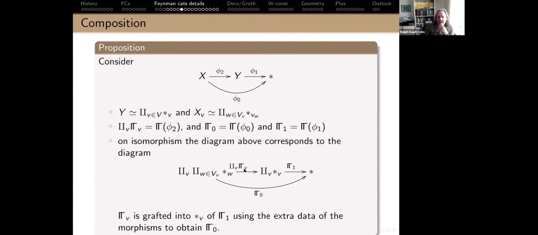And how is this connected graph obtained? I take the connected components. They're indexed by the same set V. So that's the hereditary condition again. And I plug it into the vertex V. So this is exactly this type of Prelie operation, or the type of operation which we've seen in the arc operad. So this is exactly this insertion. And I stress it again, this is not something that you define extra or have to do. This just automatically happens. It's a proposition.